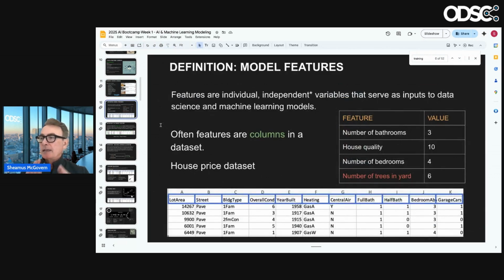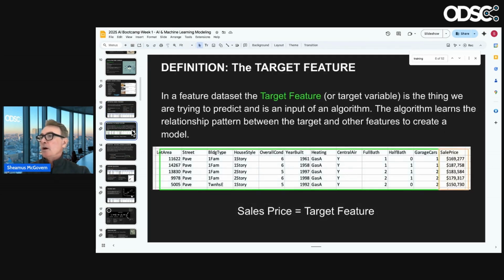We talked about this data set, and this is the exact same data set. How do we figure out features? Like number of trees in the yard may not be significant at all, so why bother with it? Whereas number of bedrooms and number of bathrooms is going to heavily influence the price. We also looked at the target feature here, sales price, which is different from these.